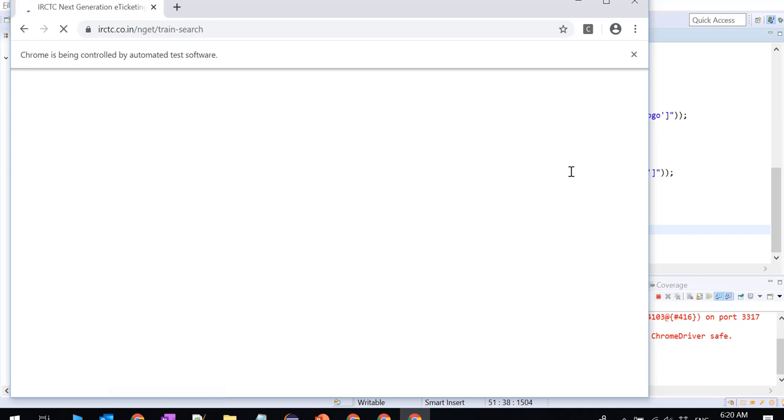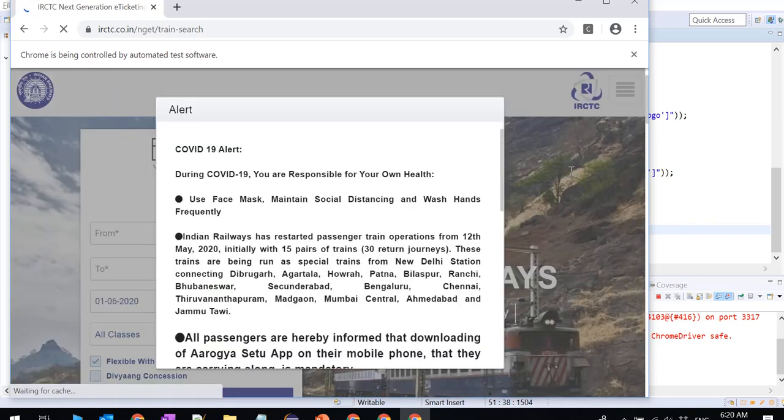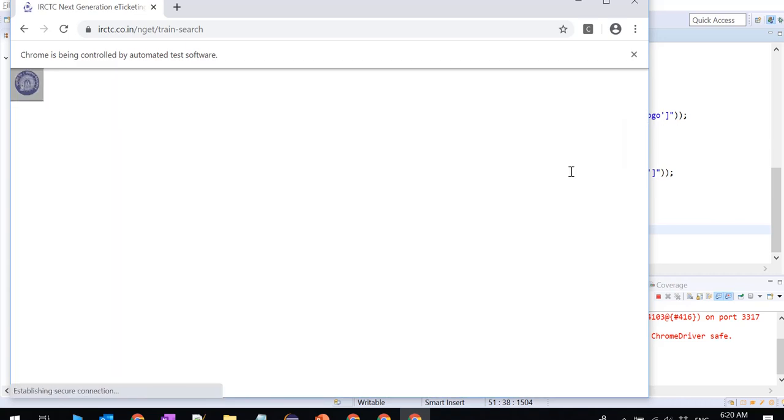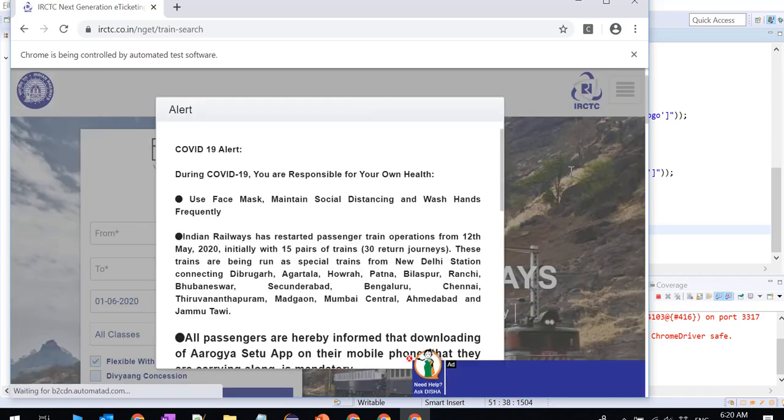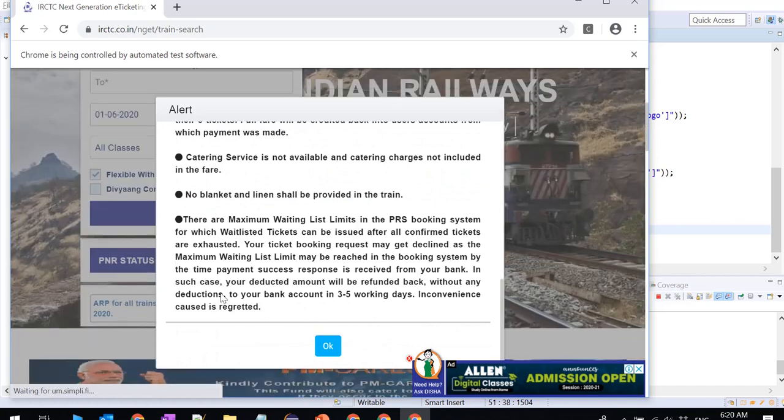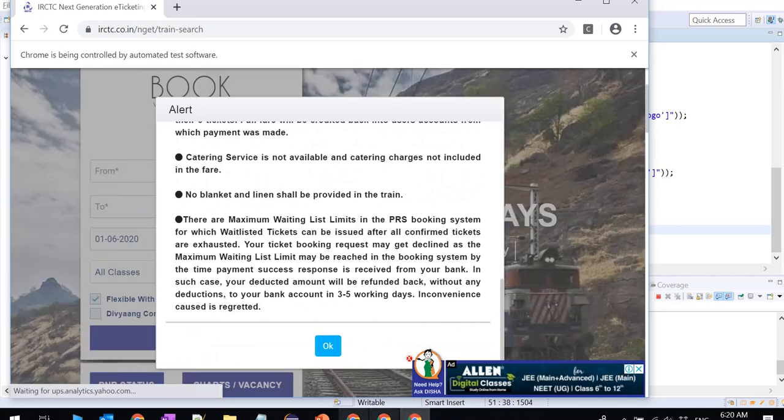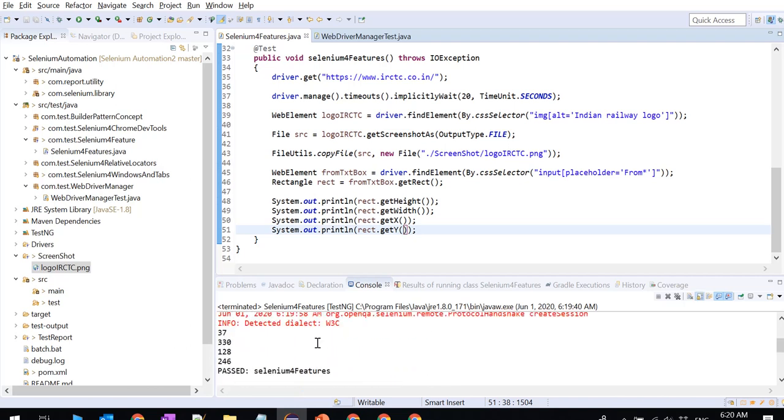First let it load. It will capture the logo, and then the height, width, x and y coordinates of the from text field. Is it captured or not? Yes, it's captured. We can see the height 37 and width 330, 128 is the x coordinate, and 240 is the y coordinate. Okay.